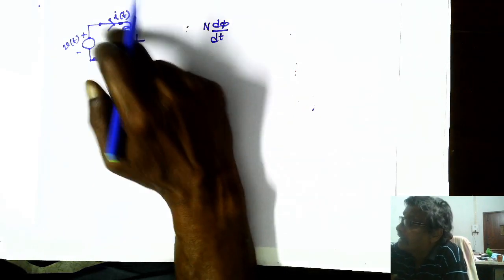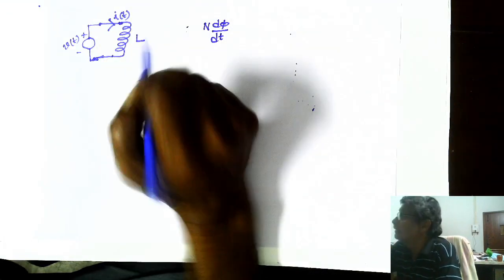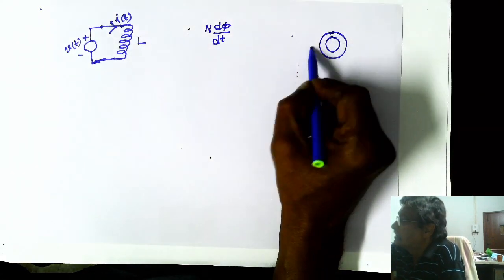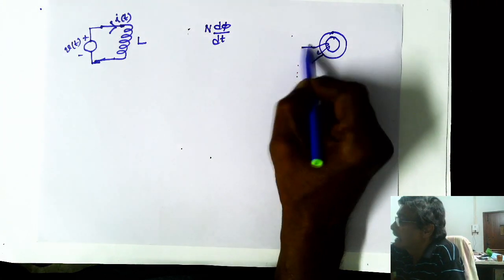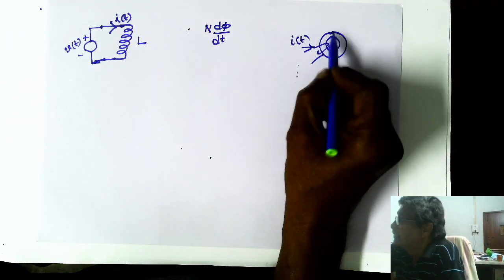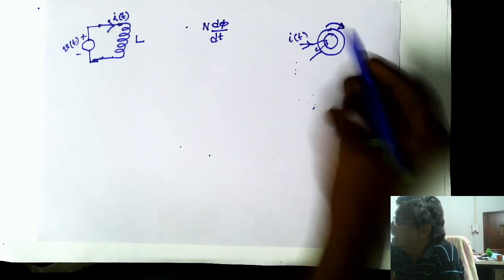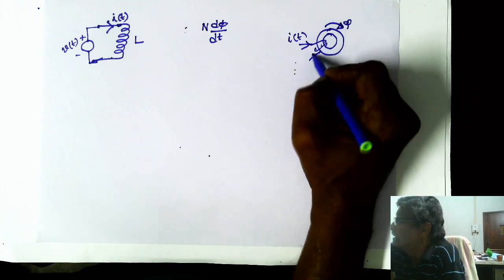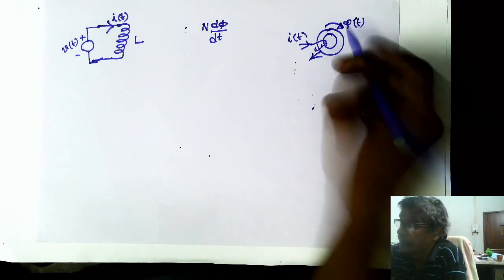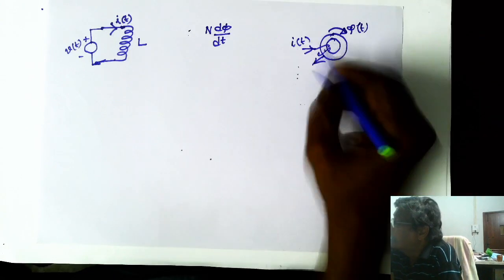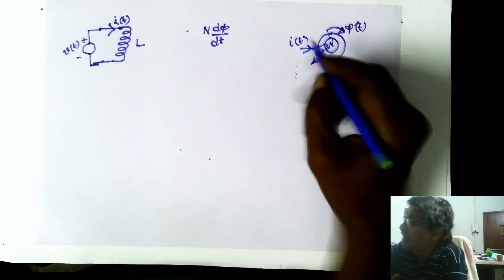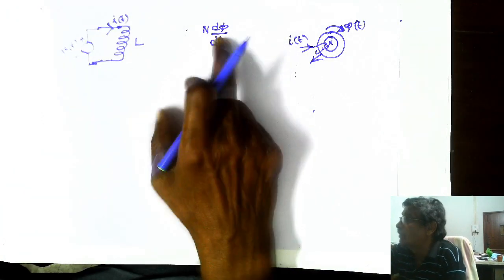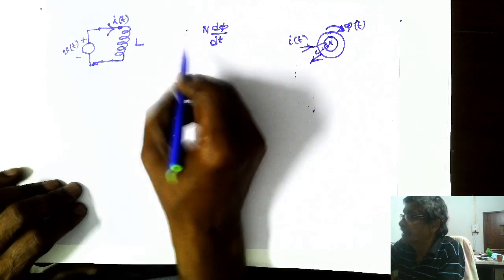The moment a time varying current is passed, because I know an inductor is nothing but this, a magnetic core over which turns are there, you are now passing some time varying current. The flux produced is in this direction at any given instant of time. If current is really entering through the upper terminal and coming out from this, phi(t) will become time varying, and N is the number of turns. So flux linkage with the coil is N phi, d/dt of N phi, N you take out. So this will be the induced voltage in the coil.